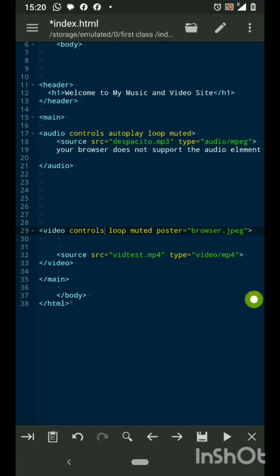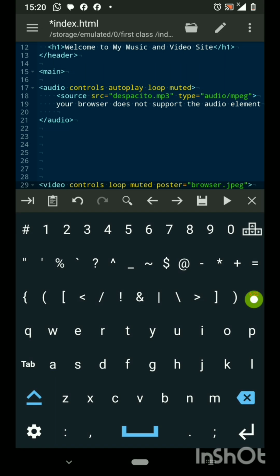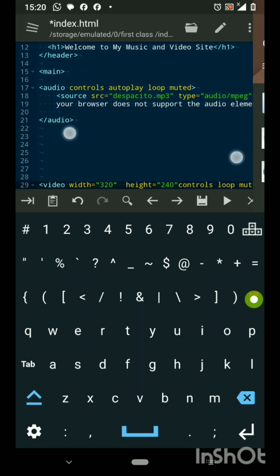If you want to deal with the size of your video, you just put it immediately after the video tag. Immediately after the video, you just have your width and your size. So you write this. You can choose any width you want, but I want to use 320. Then you can write your height. You can choose any height you want, 240, depending on the screen you are working on. If you want to build a website for a laptop, you need to use a bigger size. You understand? If you are building for a tablet, the size is different. So let me run this.